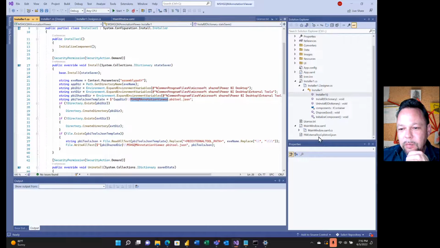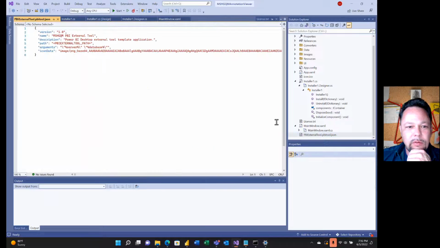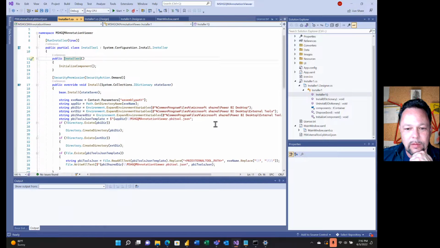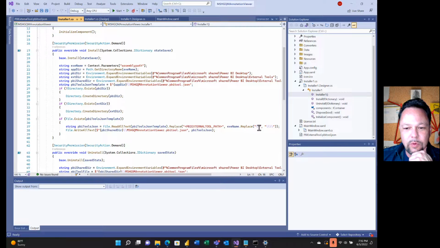So does that mean that in my JSON file, no, this one still says PBI external tool, so it must be case sensitive. But we could leave that there, right? Because it's going to replace PBI external tool with that, and it renamed it. It's going to end up spitting it out into the